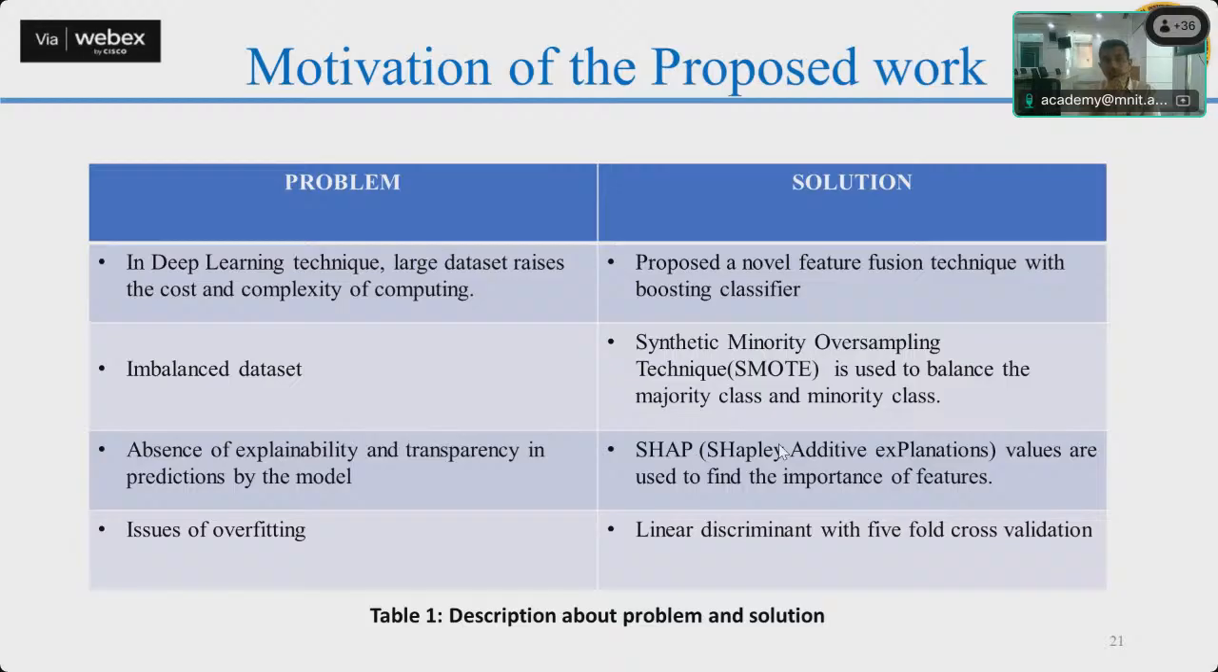The issue of overfitting also comes up when your data is less. When imbalanced data is there, we can use SMOTE. SMOTE is the synthetic minority oversampling technique, which is used to balance the majority class and the minority class. SHAP, Shapley additive explanations, values are used to find out the importance of features, and finally,